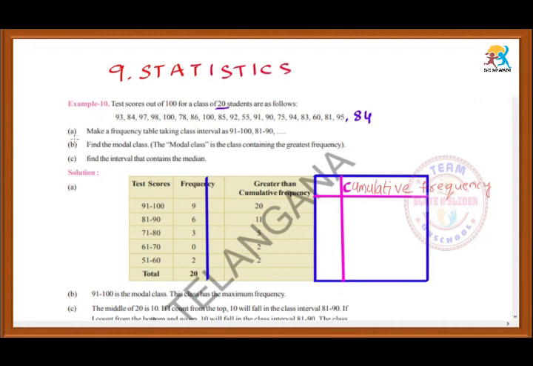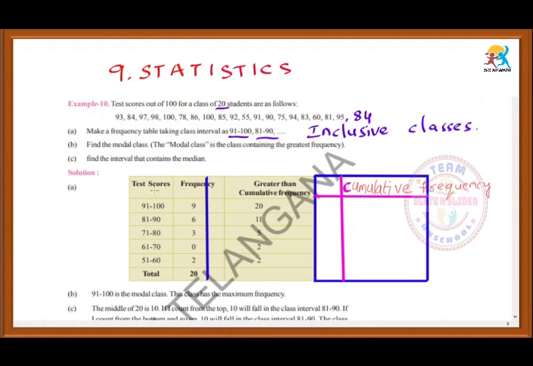And for this question we have to make a frequency table taking the class intervals as 91 to 100 and 81 to 90. Actually these class intervals are called inclusive classes. Why are these called inclusive classes? Think once. Previously we have discussed that if the upper limit of the first class interval and the lower limit of the second class interval are not equal, then they are called inclusive classes. If they are equal, we can call them exclusive classes. So for this data we have to find the frequency distribution table.